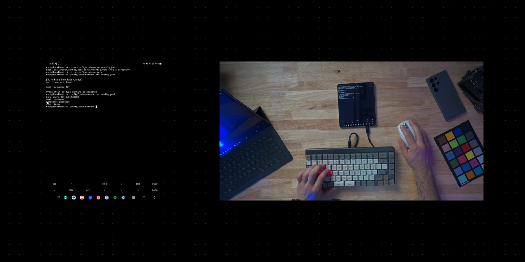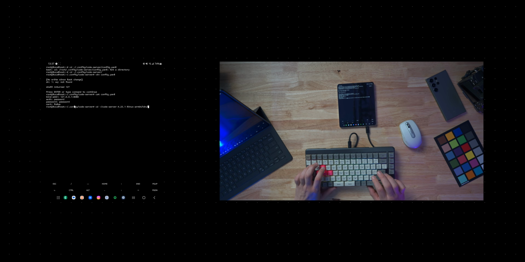So as you can see now, my password is password. So now if we went back, code server, bin, and now if I did ./code-server, our VS Code instance will start running. Now do not turn off Termux. All you have to do is navigate to your browser, open up a new browser and go to